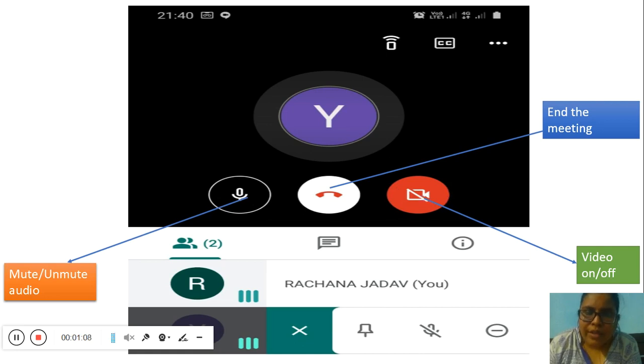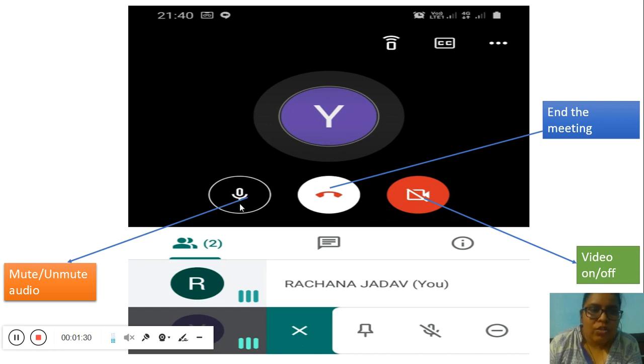If you are sharing the meeting and you are the person who is hosting the meeting, you have to keep your video and audio on, but the others, the participants to whom you are sharing, must keep their audio muted, and they also have to turn off their video.